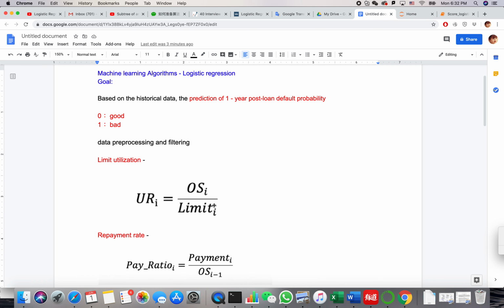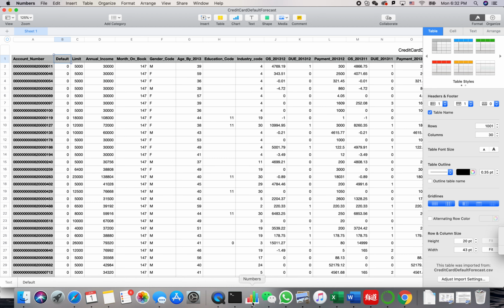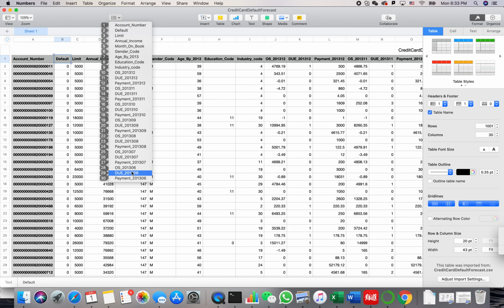So let's first see our dataset. This is the dataset. It has 1,000 rows and 30 columns. These columns contain information about the account number and default. Default means the default credit of the customers. Limit is the maximum amount they can use, and the annual income, and the amounts they booked at the